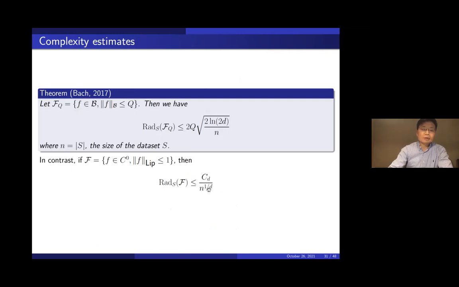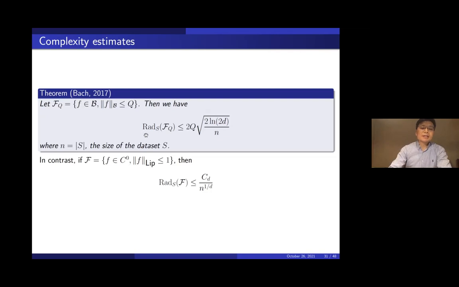So it's not 1 over n, it's better than 1 over n, but there is a 1 over d. So this is another form of curse of dimensionality. This is a curse of dimensionality for the size of the training data we need to have. So we don't want that to happen either.